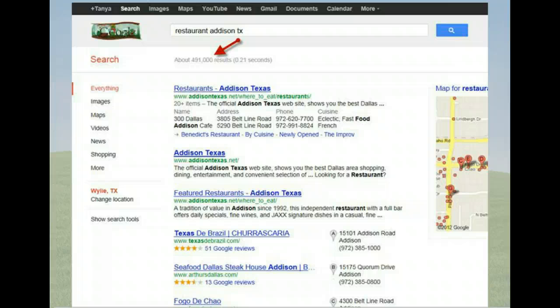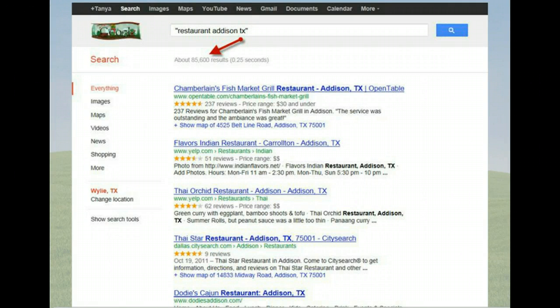If you know that you need to meet with that client next week in Addison and you're trying to figure out where would be a good place to meet this person, here's another search option that you have. If I can get this thing to move forward, let's see. There we go. Try putting quotation marks around the phrase.